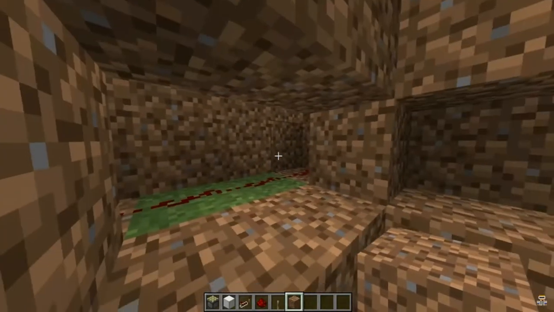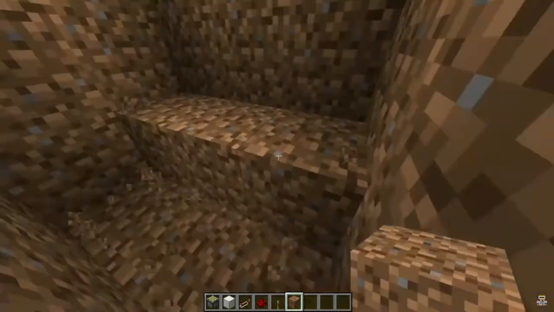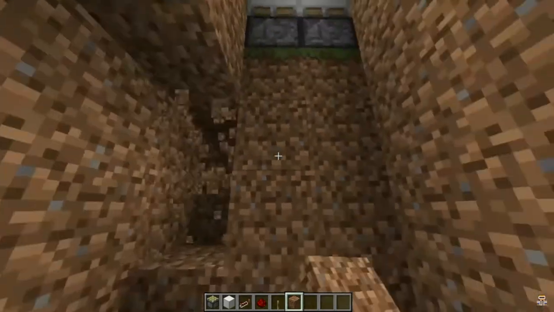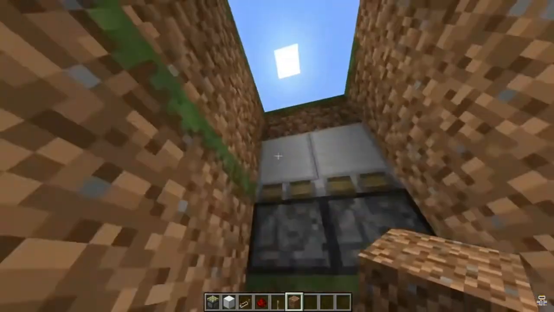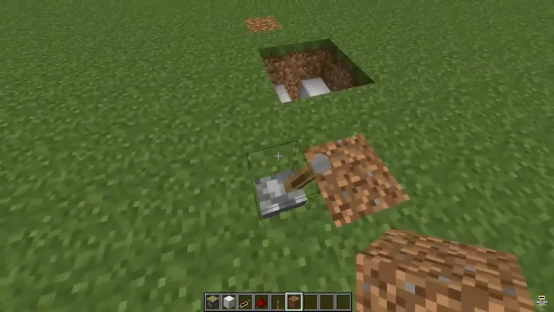And then, of course, you'll want to avoid that redstone wire. Besides that, there's really nothing you have to hit down here, and you can just dig out as much as you want. Alrighty, that's all I wanted to show you guys today. Just a neat little simple trapdoor in the